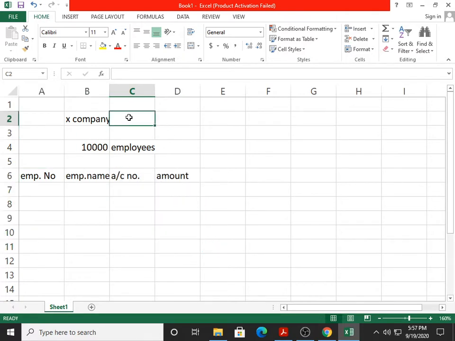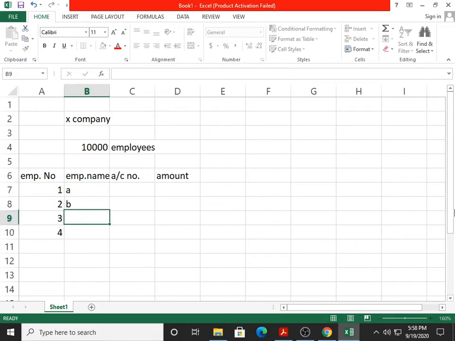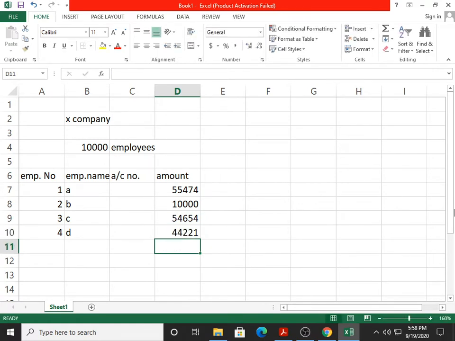say that from the company's account money must be transferred to all these 10,000 employees at the same time with the following account number and with the following amount. For example, employee number 1, 2, 3 and 4. Okay, account numbers for employee number 1, 2, 3 and 4 are available. Employee names are A, B, C and D. Account number also, and the amount is mentioned. Now what happens if you provide this kind of tabular format or this data of 10,000 employees to the bank, then what will the bank do?